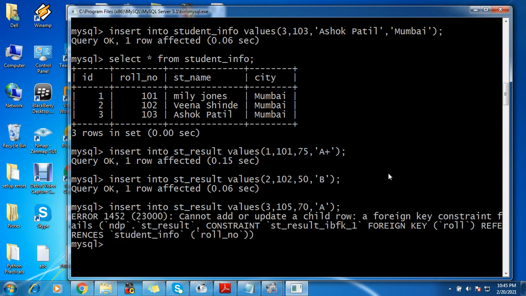Still I am inserting it. Yes, it has given us a foreign key constraint error. You are not allowed to add the records which are not present or are not having any definition in your primary key table. Now let us just select the records from our result table.